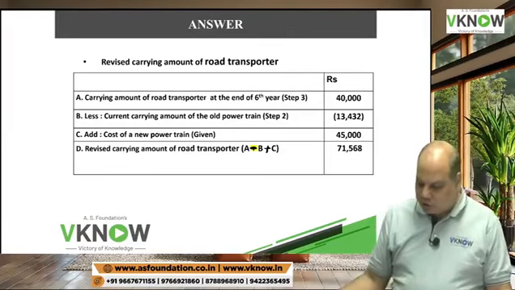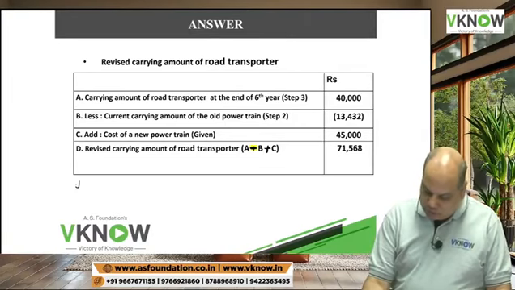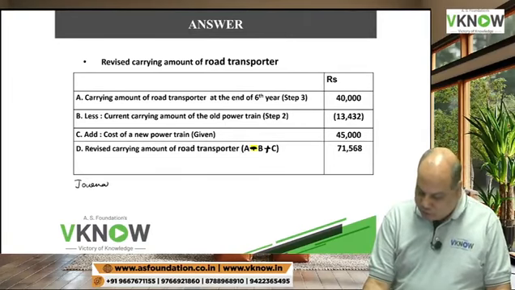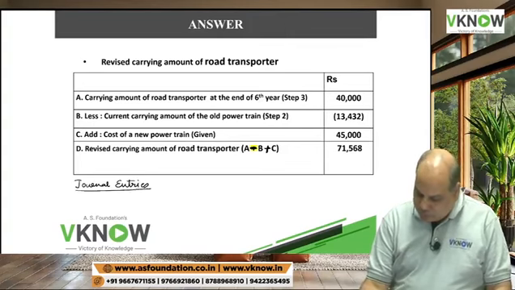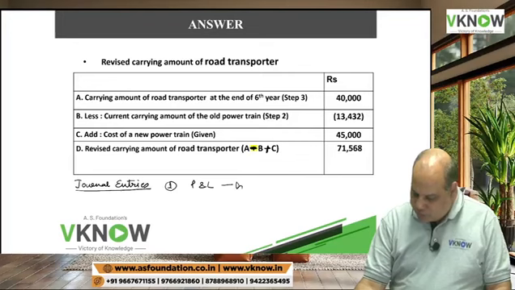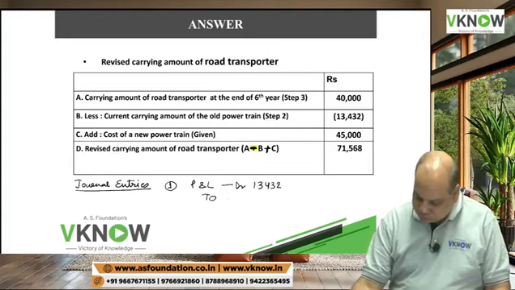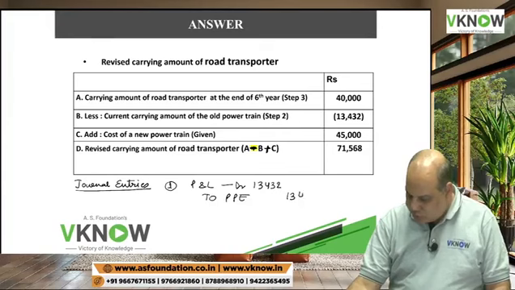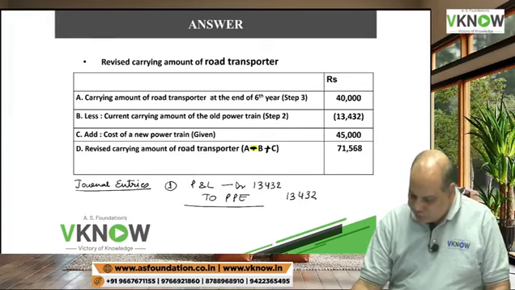So this is the answer of this question. And what two journal entries will they pass? First journal entry will be: P&L account debit 13,432 to PPE 13,432. And the second entry they will pass: